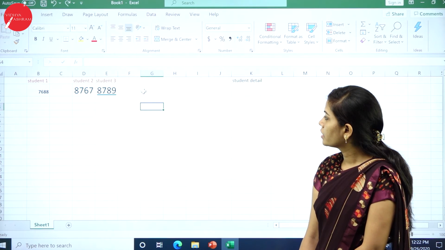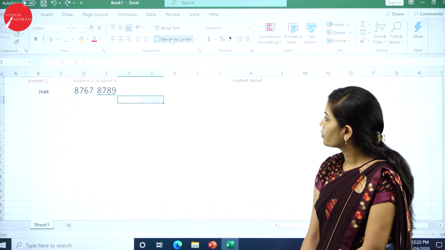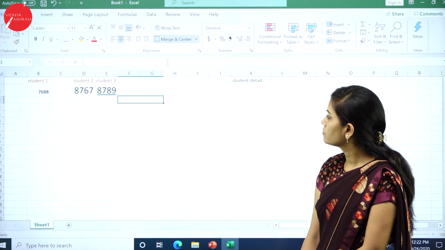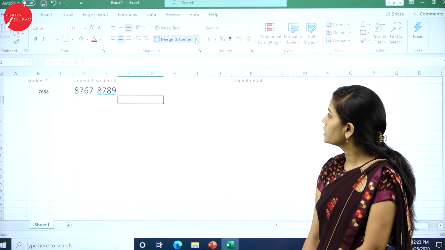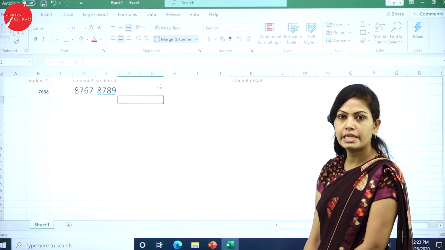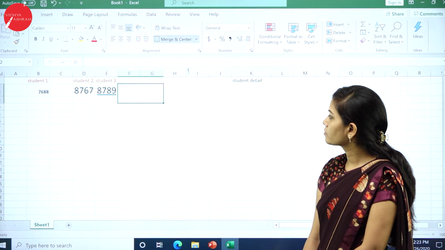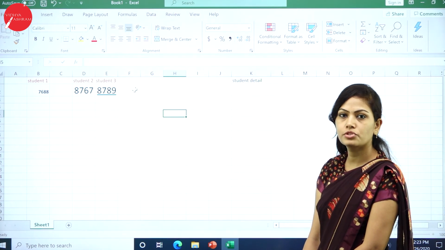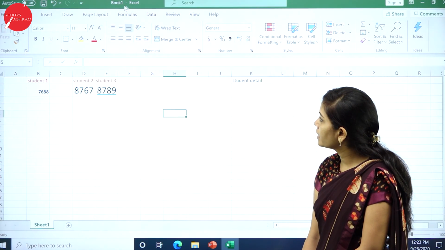And if you want to merge these two cells, you can go for Merge and Center, or you have so many options. If you want to merge these cells, you can select Merge Cells. So these cells are merged, so you can type the text here. And this is called the title bar.